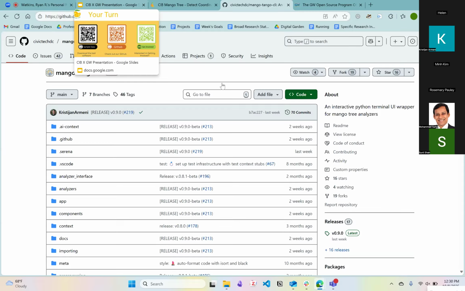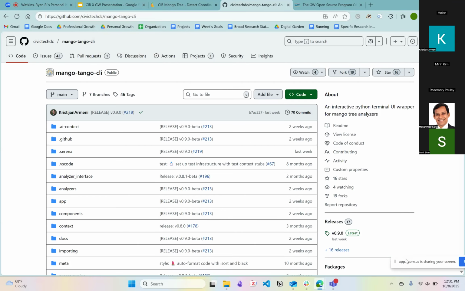Any GW students, if you contribute to this project, you qualify for an award from the OSPO. I don't know, are you an active student at GW? If you have a contribution, all you have to do is go to our registration page and show the merge request, the pull request that was approved, and you qualify to get in a lottery to win $150.